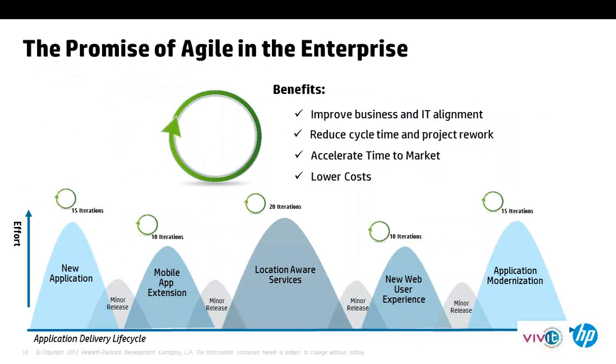And the promise that Agile brings to the enterprise can really be summed up in terms of the improvements it brings in terms of aligning IT and business, since feedback is quicker to the IT teams from the business teams. They can make course corrections, and in turn it improves the quality as feedback comes early. Defects can be fixed quicker, and the overall quality of the application increases.